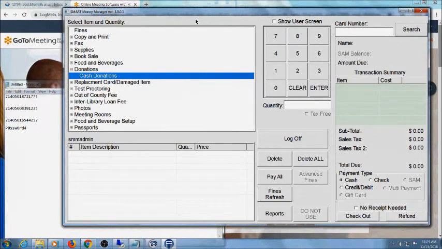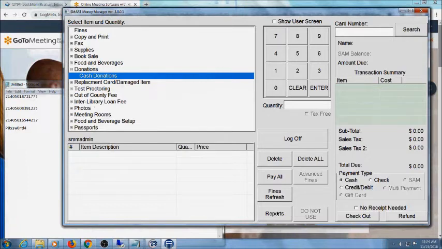So with a traditional cash register, at the end of the day, you would typically run two reports, an X report and I think a Z report. Basically, one of them gives you a list of your transactions and tells you how much money should be in the cash drawer. And then the other report says, okay, of all the money that's in the cash drawer, how much of it is print and copy, or how much is fines, and how much is merchandise, and so on. So we have two similar reports,